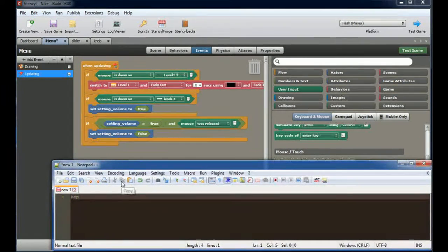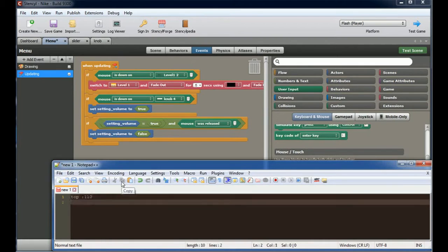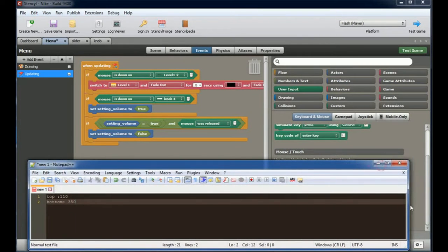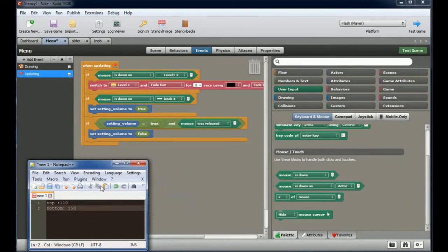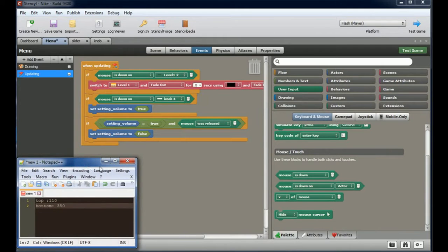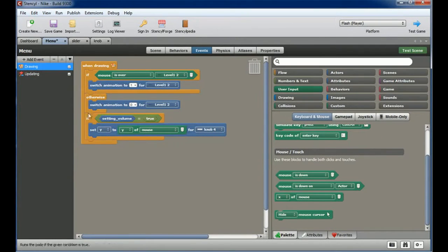So the top was 110, the bottom was 350. Okay. What we're gonna want to do is, that's probably in the drawing section, right? As we're moving this, we're gonna want to limit it to that. So